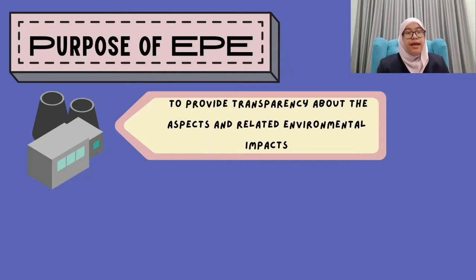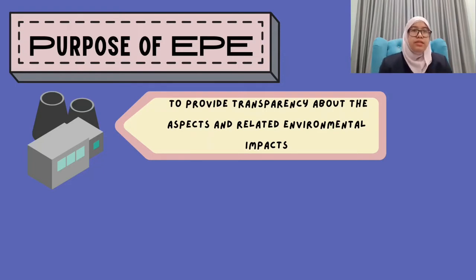The environmental aspects are the interactions of the company with the environment, whether it's through their activities, products, or services. For example, discharge of waste to water, the gas emissions in the air, and the usage of natural resources. The related environmental impacts are the changes to the environment caused by those interactions, whether it's a good change or the bad change. For example, the discharge of waste to the water can cause water pollution, which is a bad